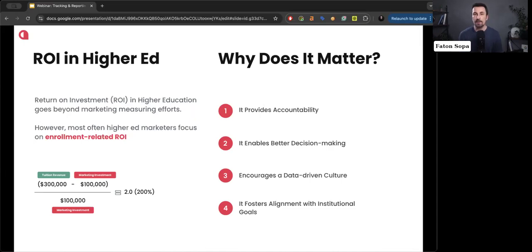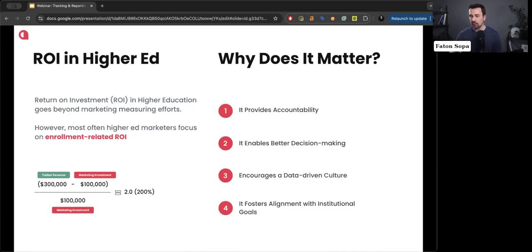For example, an institution might have a goal to increase enrollment in graduate programs or increase the diversity of geographic enrollments, or it might have even higher goals than that. By linking ROI with strategic goals, marketers can show that their investment is not only a cost, but also an investment that generates results for years to come.